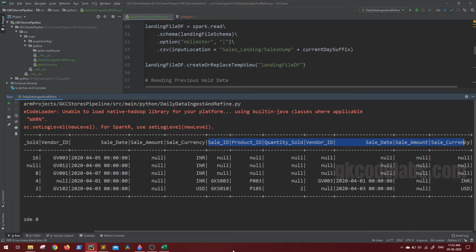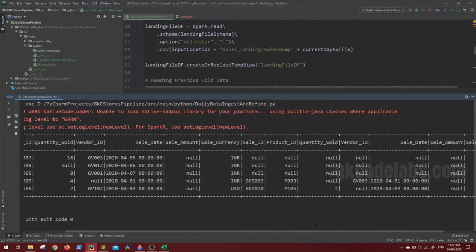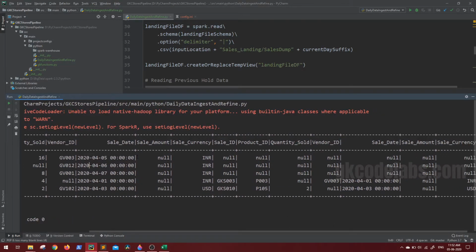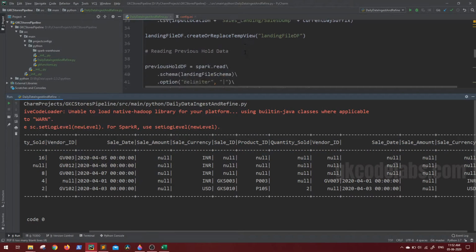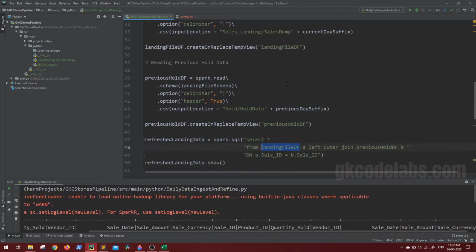Just in left outer join, what will happen, this is the new file, so we have all the values. In left outer join, if anything is matching from the left one means the new file. How it considers left is, if you mention left outer join, so the table name on the left, that is landing file, that means current day suffix, that is the current file.